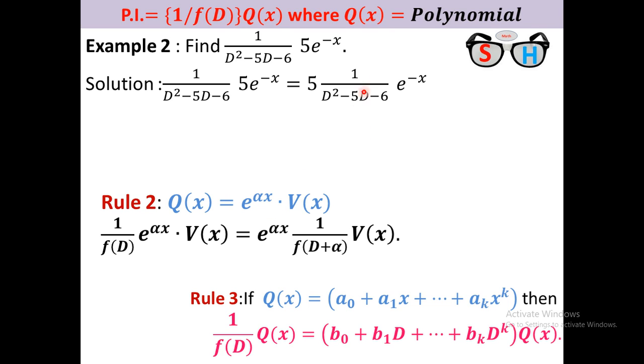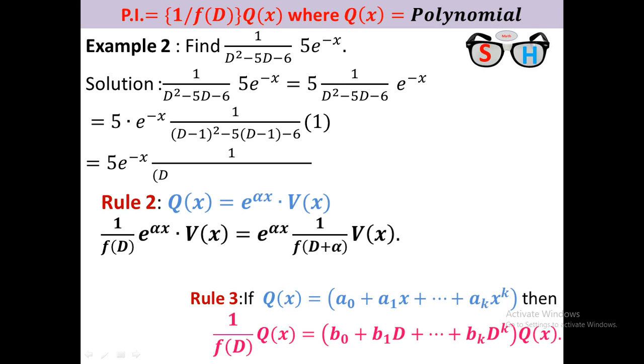Therefore what will result? You have to take e to the minus x to the left hand side of the operator, and you have to replace D by D plus alpha. Alpha means minus 1. Therefore you have to replace D by D minus 1, and on the right hand side there will be 1. Okay. Therefore 5 e to the minus x, then replace D by D minus 1, and the right hand side 1. If you simplify this, minus 2D plus 1, you see that the constant term is 0, plus 5 minus 6 and plus 1 is 0, so we get minus 7D.